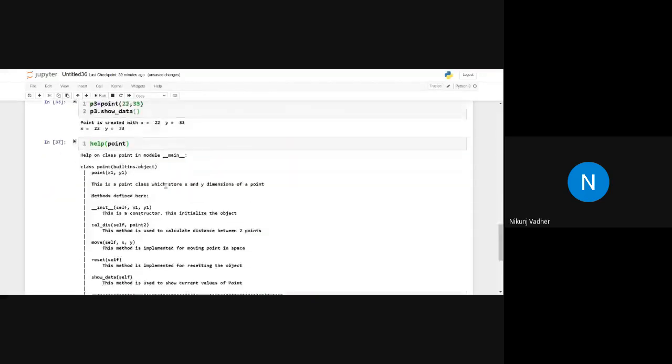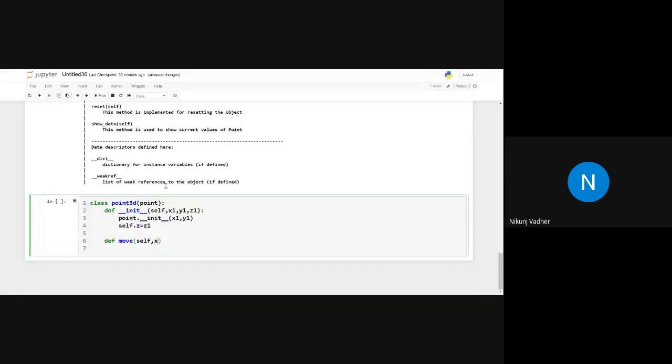So three argument will be self, x1, y1, z1. And we will move that point to the particular location. Now here we can also use point dot move method, where we will pass x1 and y1.